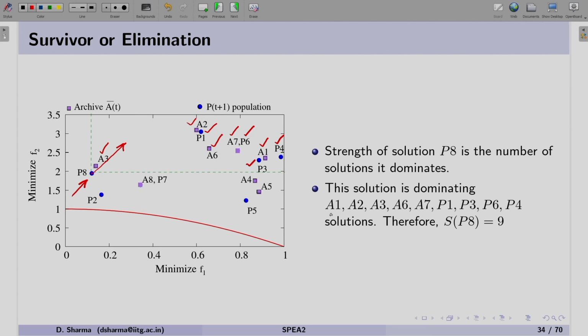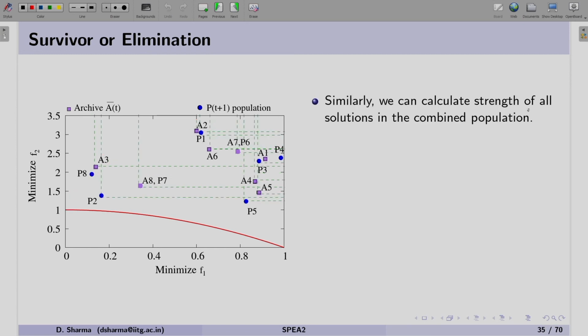If we count the number of solutions in the list on the right hand side, the strength of P8 will become 9, because it is dominating 9 solutions.